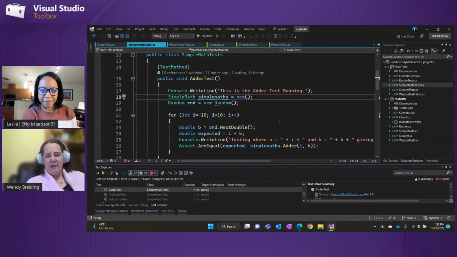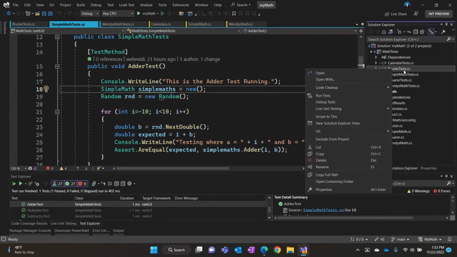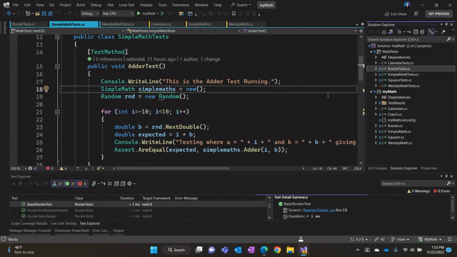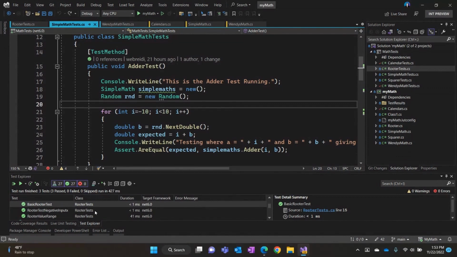There are so many ways to run tests. You can run tests from pretty much anywhere within Visual Studio. If you wanted to run tests from the Solution Explorer, you can click on a particular file or the entire solution and click Run Tests. When I click on the file, it's going to run just the tests that are in that file. And there's my everything succeeded noise. If you wanted to just run a single test, you have that option from within the context menu. You can run tests here as well.